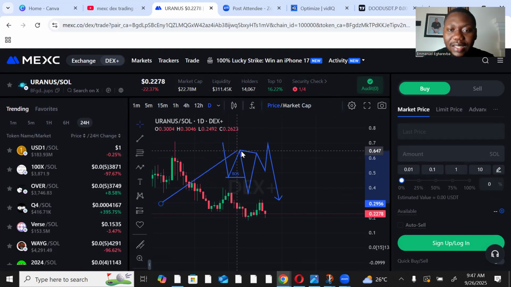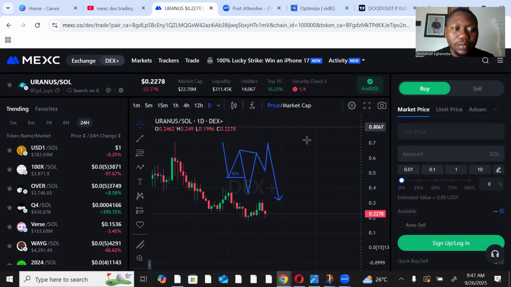So inducement is taken out here. This now becomes our valid point of interest. So we'll mark that point out. I'm going to show you. Just hold on. This now becomes our valid point of interest. We'll mark it out. Now, what we are seeing here on the daily time frame, we want to see